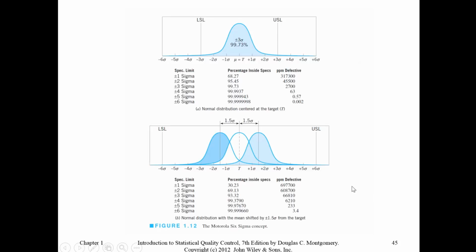This picture is taken from Montgomery Statistical Quality Control. I'm going to show you how to create these probabilities in Excel. When the process is centered with some targeted mean value, imagine that we want to produce a cup of coffee at 180 degrees Fahrenheit. So that would be our target mean